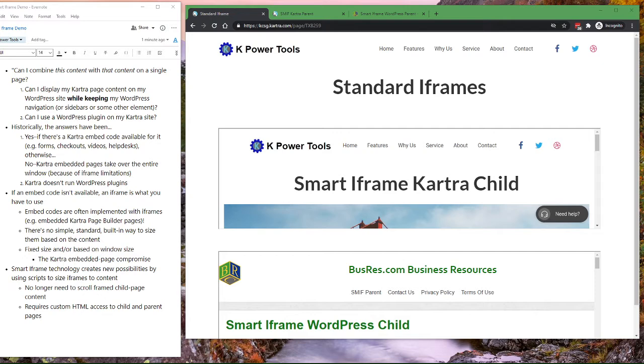Embedded Kartra pages take over the entire window because of the limitations of the iframe technique that's used to display them on a WordPress website, and I'll go over that in a minute. And number two, no, because Kartra doesn't run WordPress plugins or have a way to incorporate Wix or Squarespace content. The bottom line is, if an embed code isn't available, then an iframe is what you have to use